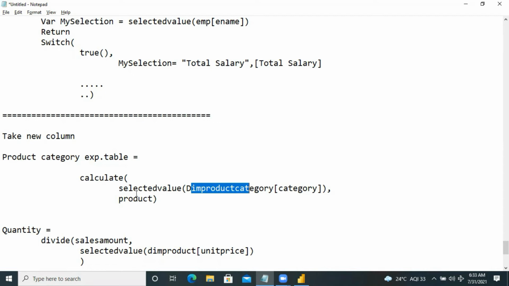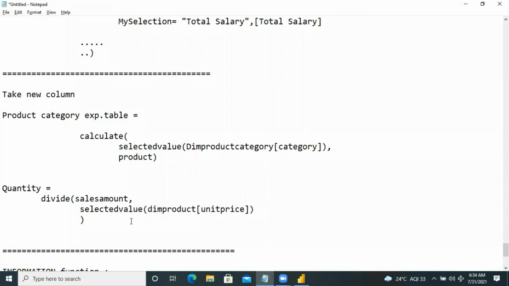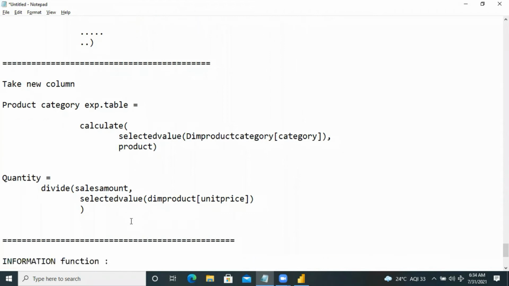Then filter functions: SELECTEDVALUE, column name, column name, product name, that is the table name. You can take two new columns, and DIVIDE is also one of the functions.